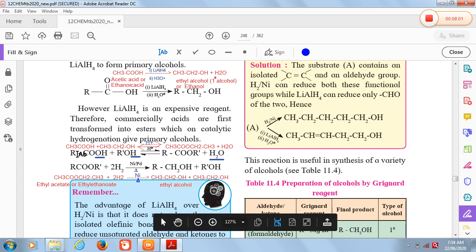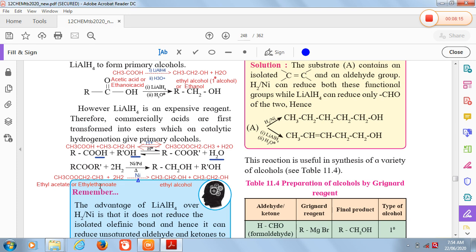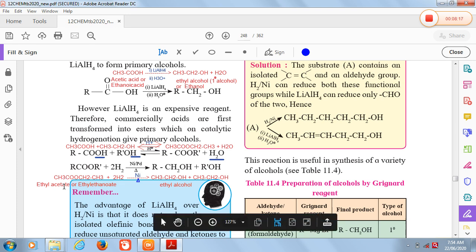The CH3COO group is acetate, or ethanoate according to the IUPAC name, and the C2H5 group is in front of the oxygen, so ethyl ethanoate is the IUPAC name of ethyl acetate, which on reduction in presence of